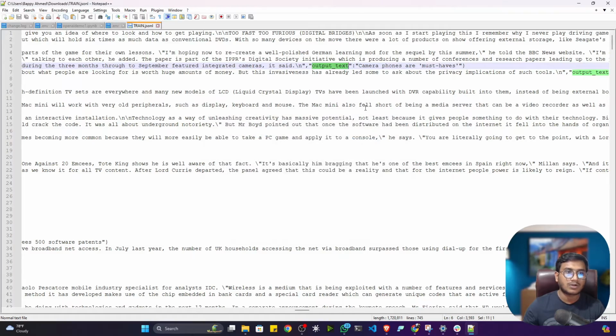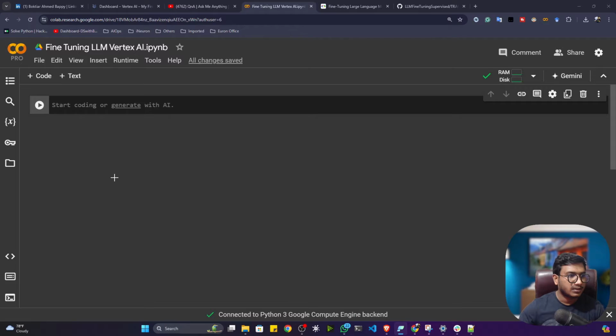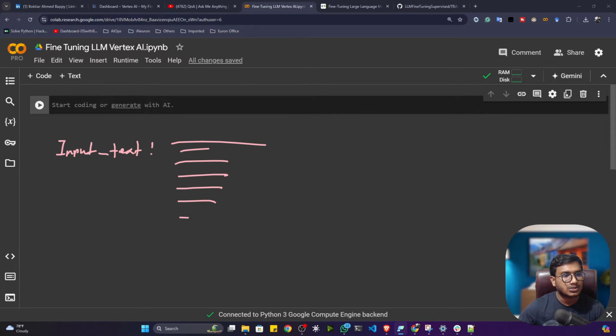That's how you also have to prepare your data. If you have any custom data, you can prepare your data accordingly. What I'm trying to say is that in the JSON file, the first key will be input underscore text. Inside input text you will have the entire story, and you will have another key called output